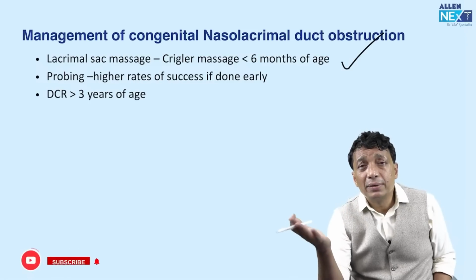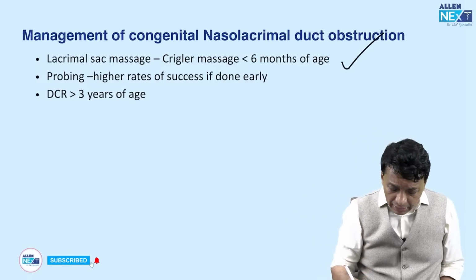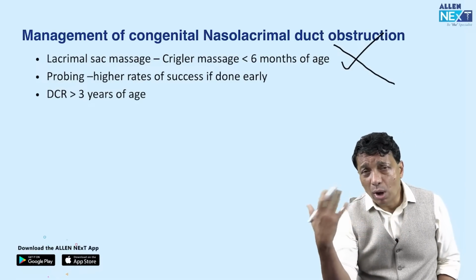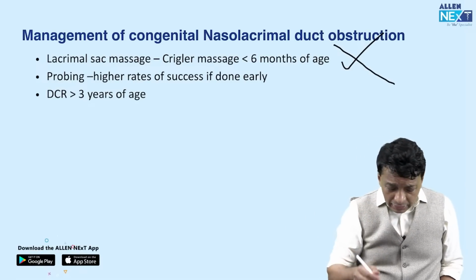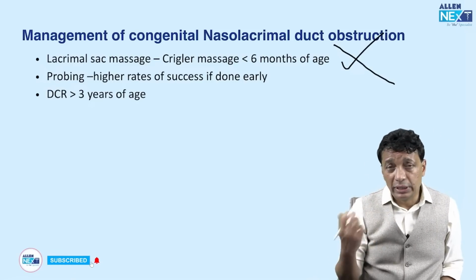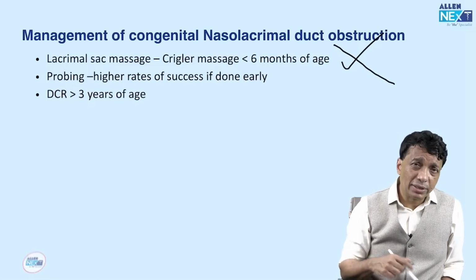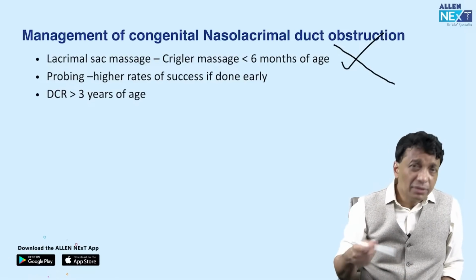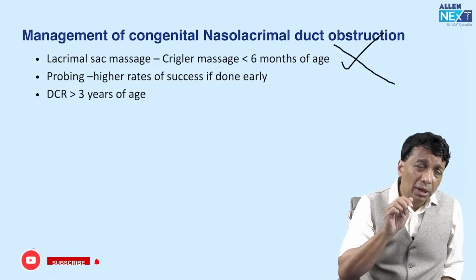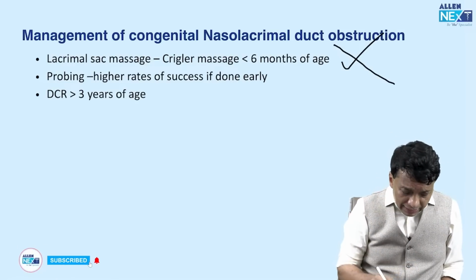Okay, so this probing works, and remember, the earlier it is done. So, suppose you do it in the first 6 months, the lacrimal sac massage has not worked. So, you do it at 8 months, maybe repeated at 1 year, maybe 1.5 years. The higher rates of success you have if you do it faster, say within a year. But you can try it once or twice, say up to 1.5 years. But after some time, the valve becomes thickened and you can no longer pop it open by pressing with the probe. Then we do